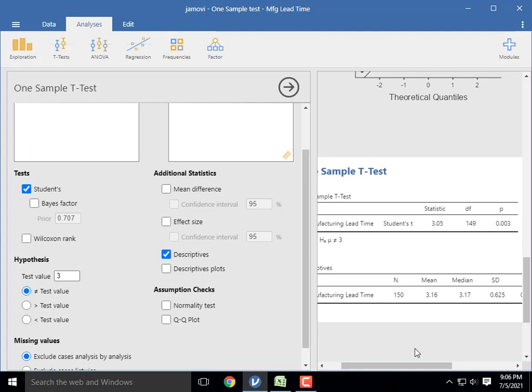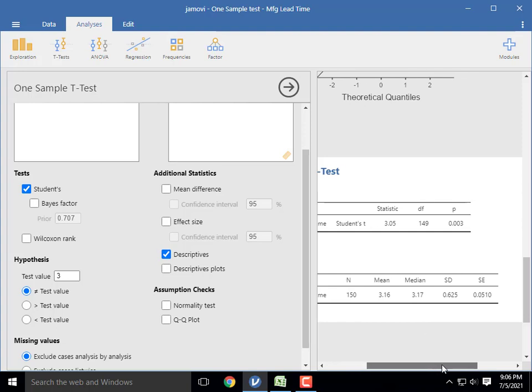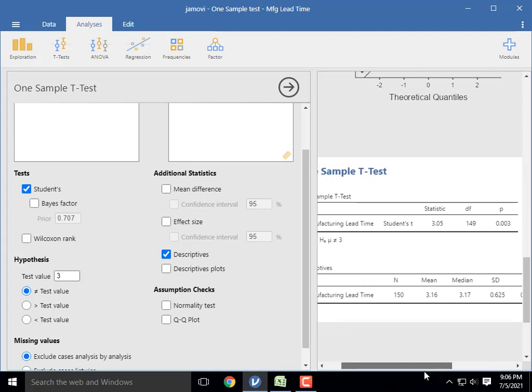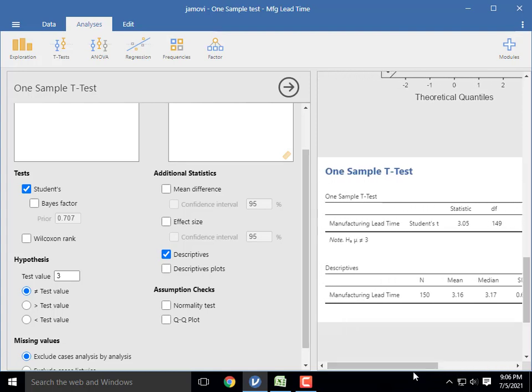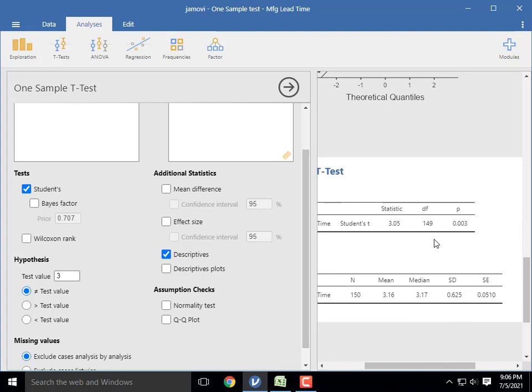Total number of samples is 150, mean 3.16, median 3.17, standard deviation 0.625, then the standard error. Now come to the t value, the Student's t value, 3.05, degrees of freedom, that is n minus 1, total samples 150 minus 1, 149.